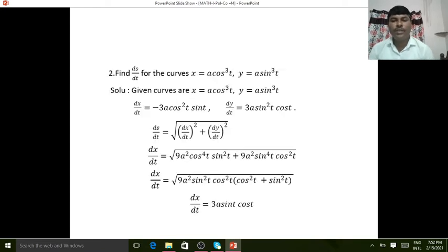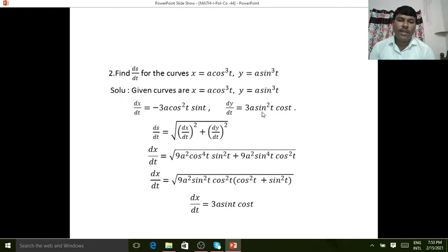And the second problem is find ds by dt for the curve x is equal to a cos cube t and y is equal to a sin cube t. Solution: here we have to differentiate both the curves with respect to t. So then the formula for ds by dt is square root of dx by dt whole square plus dy by dt whole square, and dx by dt is this one, substitute here